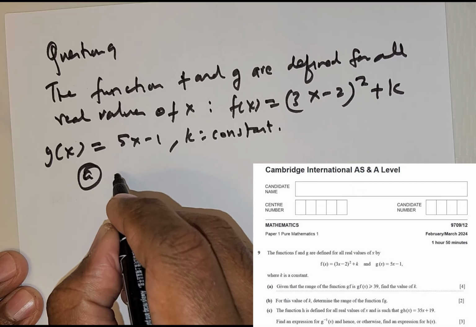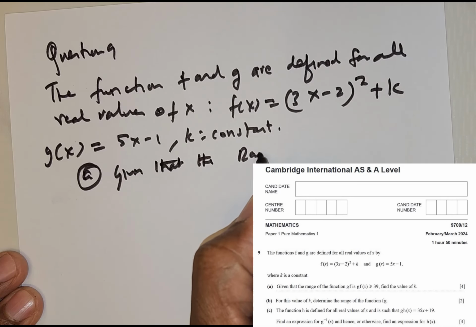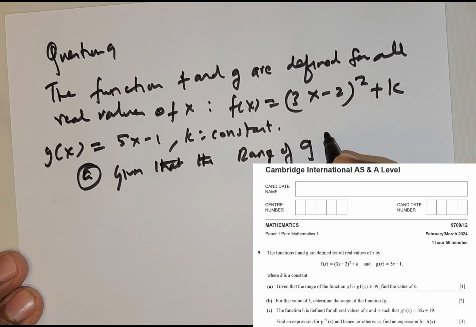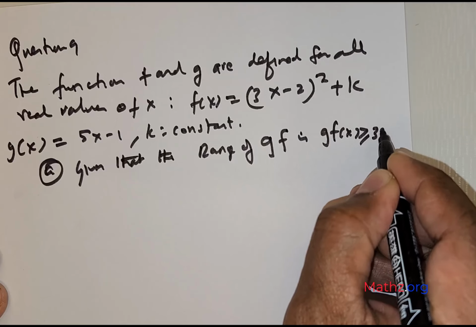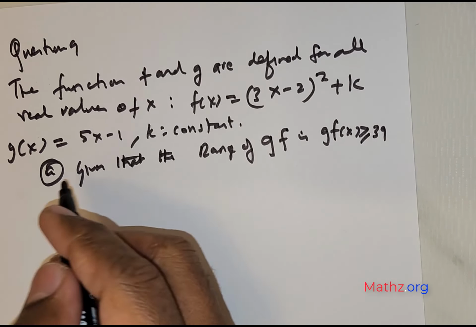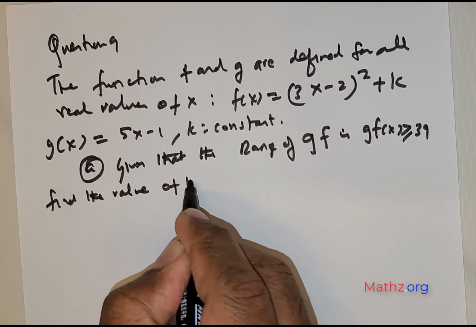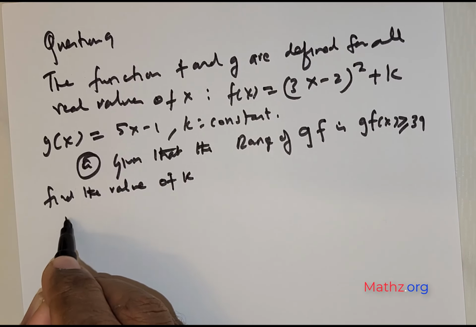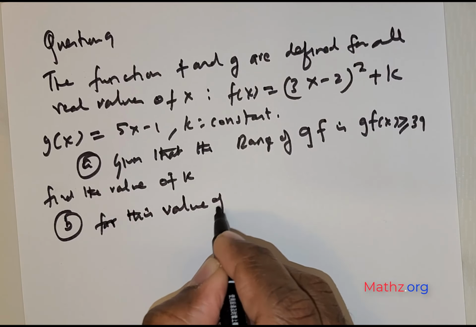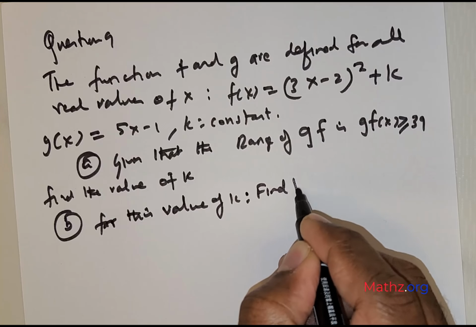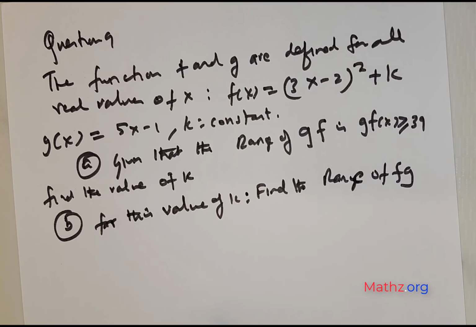Part A, given that the range of gf is gf of x greater than or equal to 39, we are asked to find the value of k. That's the first part. The next part is, for this value of k, find the range of fg,